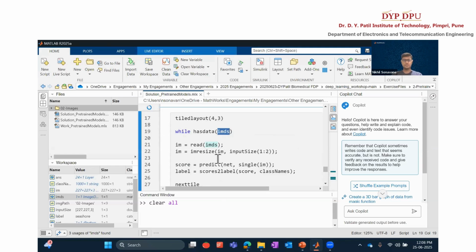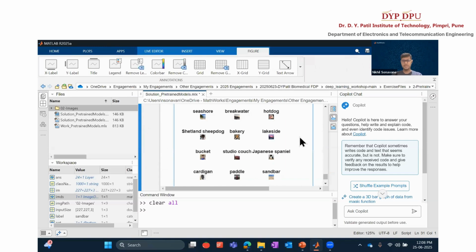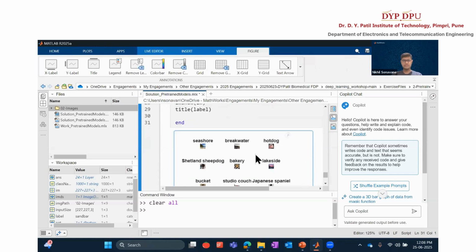Okay, so I'll just run through this part. It's a loop that I'm trying. It's the same thing that we did previously. Here, because there are multiple images, I'm just using a while loop and repeating the steps one after the other, till all the data. So I have 12 files. Till I run through all the 12 files, this loop should be running. So now you see that I'll just maximize or open this